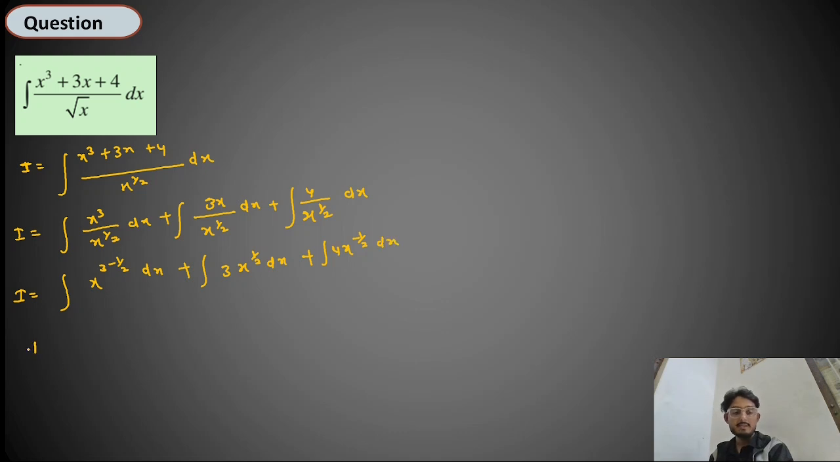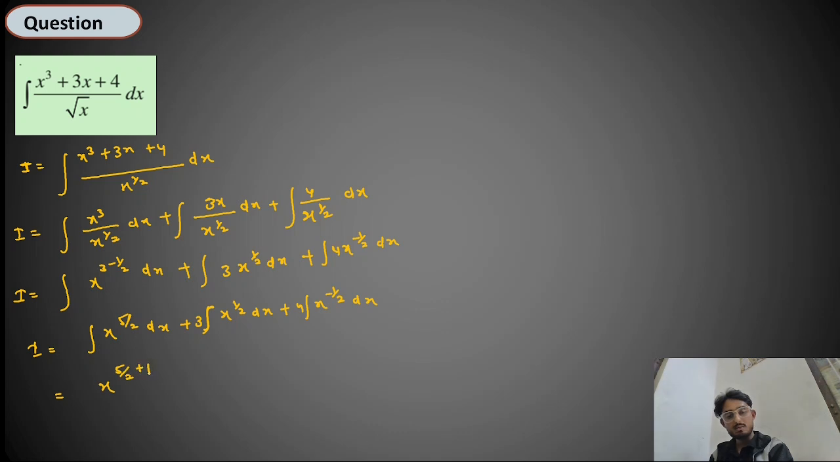So now we will get I equal to integral of x to the power 2 3 is 6 minus 1 5 by 2 dx plus 3, you will take 3 as a constant term beyond the integration, and x raised to power 1 by 2 dx plus 4 x raised to power minus 1 by 2 dx. What is the integration of this x raised to power 5 by 2? It will be